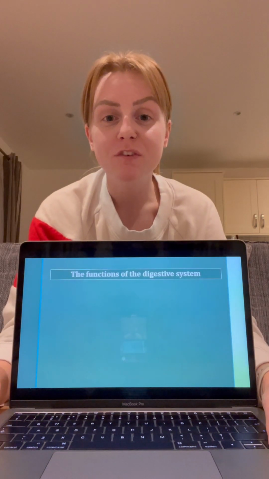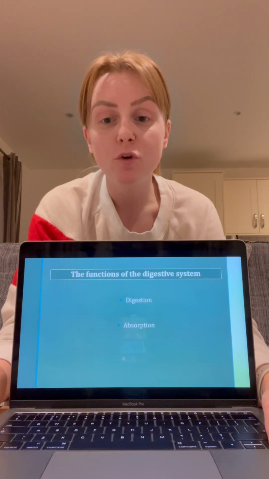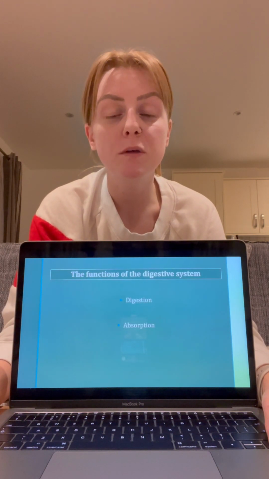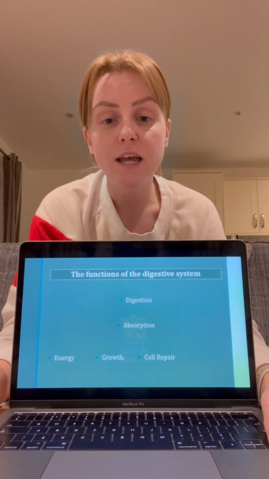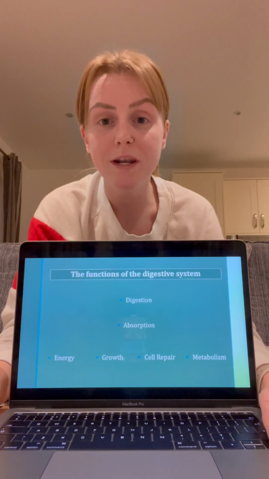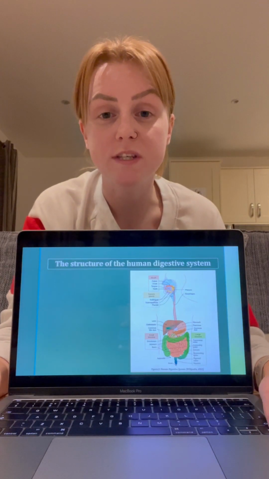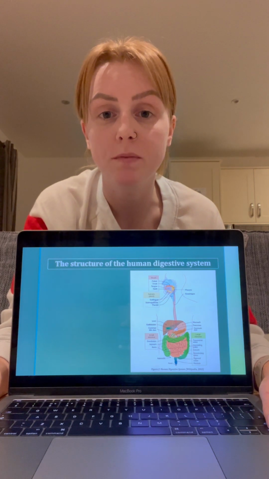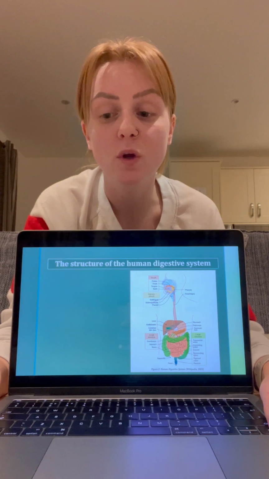The two main functions of the digestive system are digestion and absorption. This happens when food is broken down until the molecules are small enough to be absorbed into the body, which can then be used for energy, growth, cell repair and metabolism, whilst also eliminating any waste products. Our system has the digestive tract, which is a continuous tube with two openings. This starts at the mouth and ends with the anus, and this can also be referred to as the alimentary